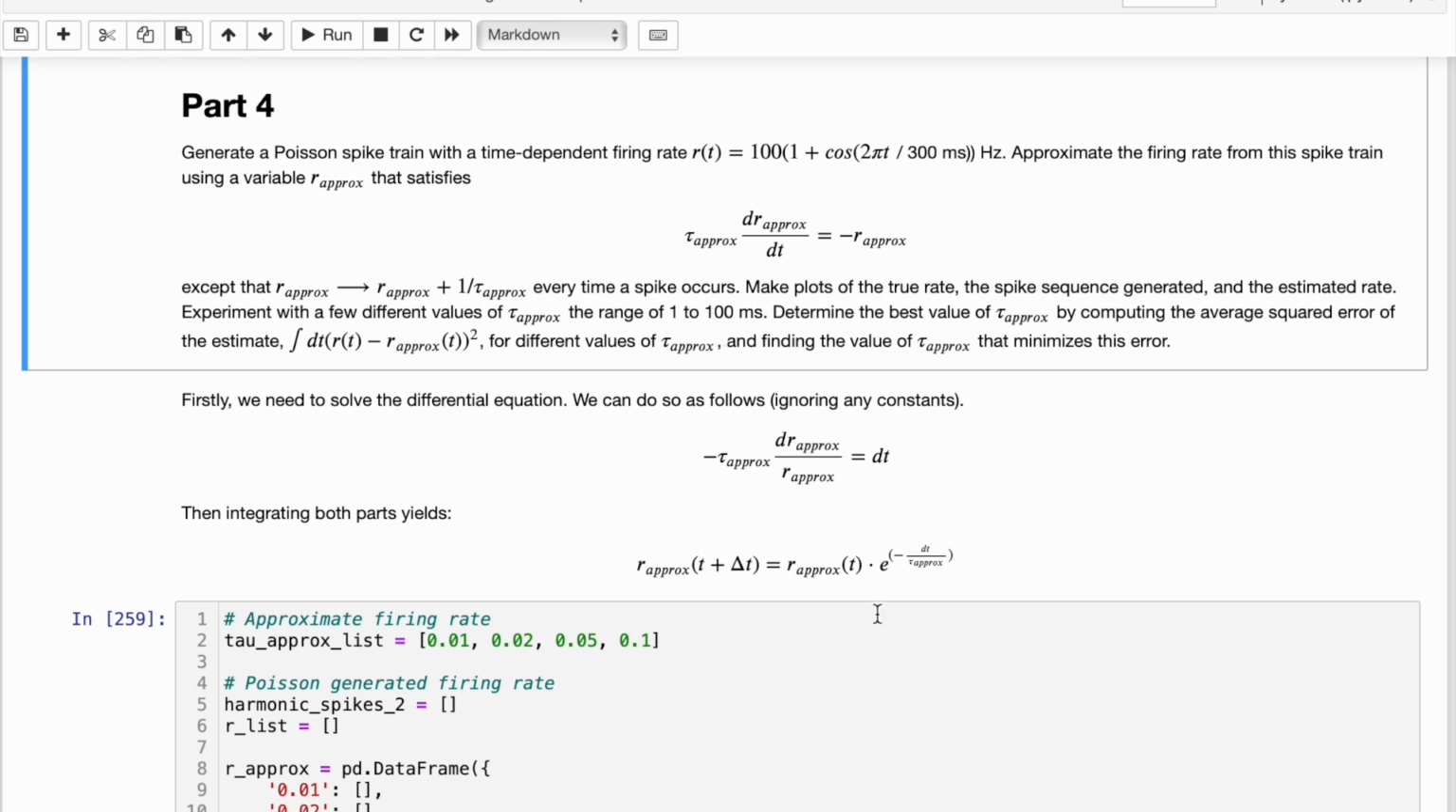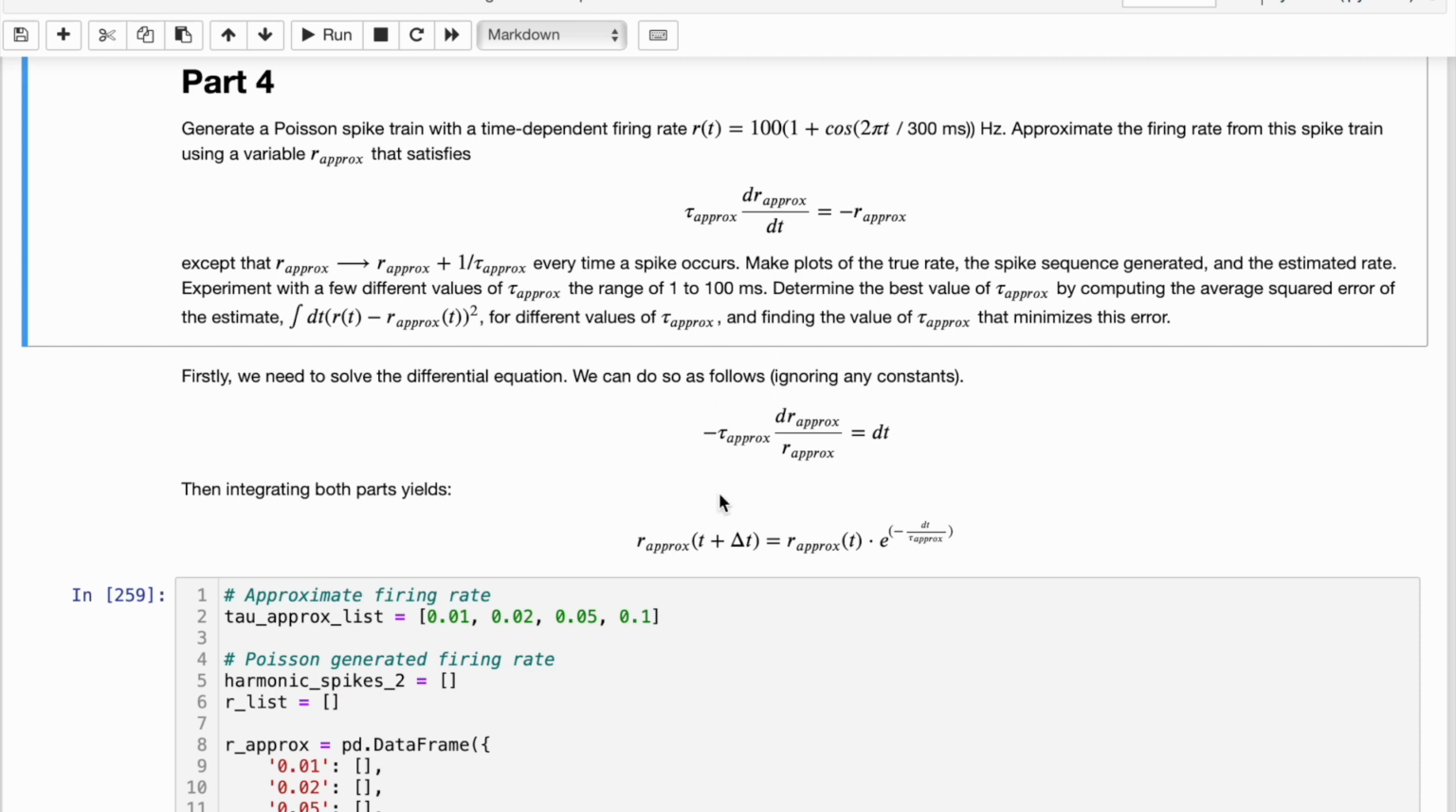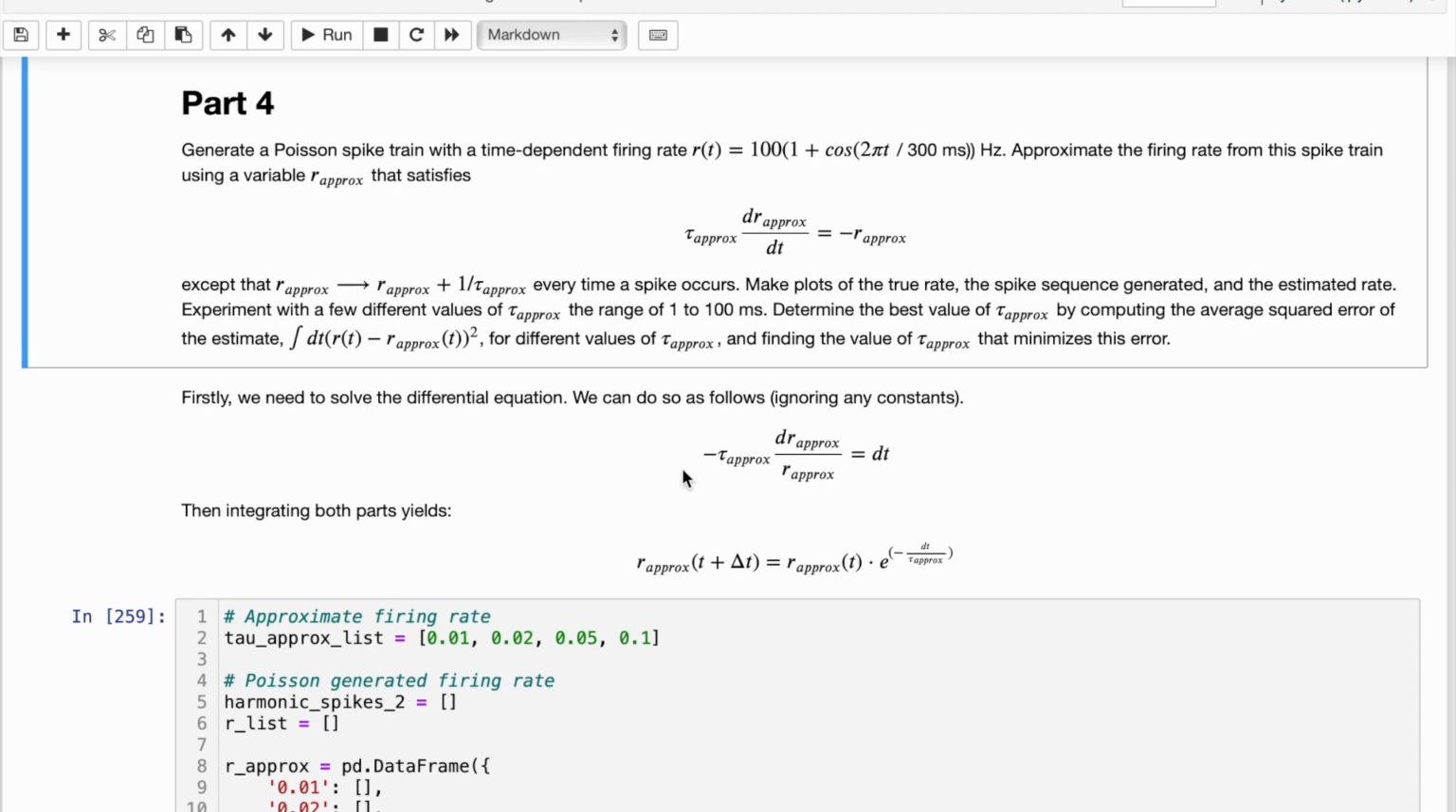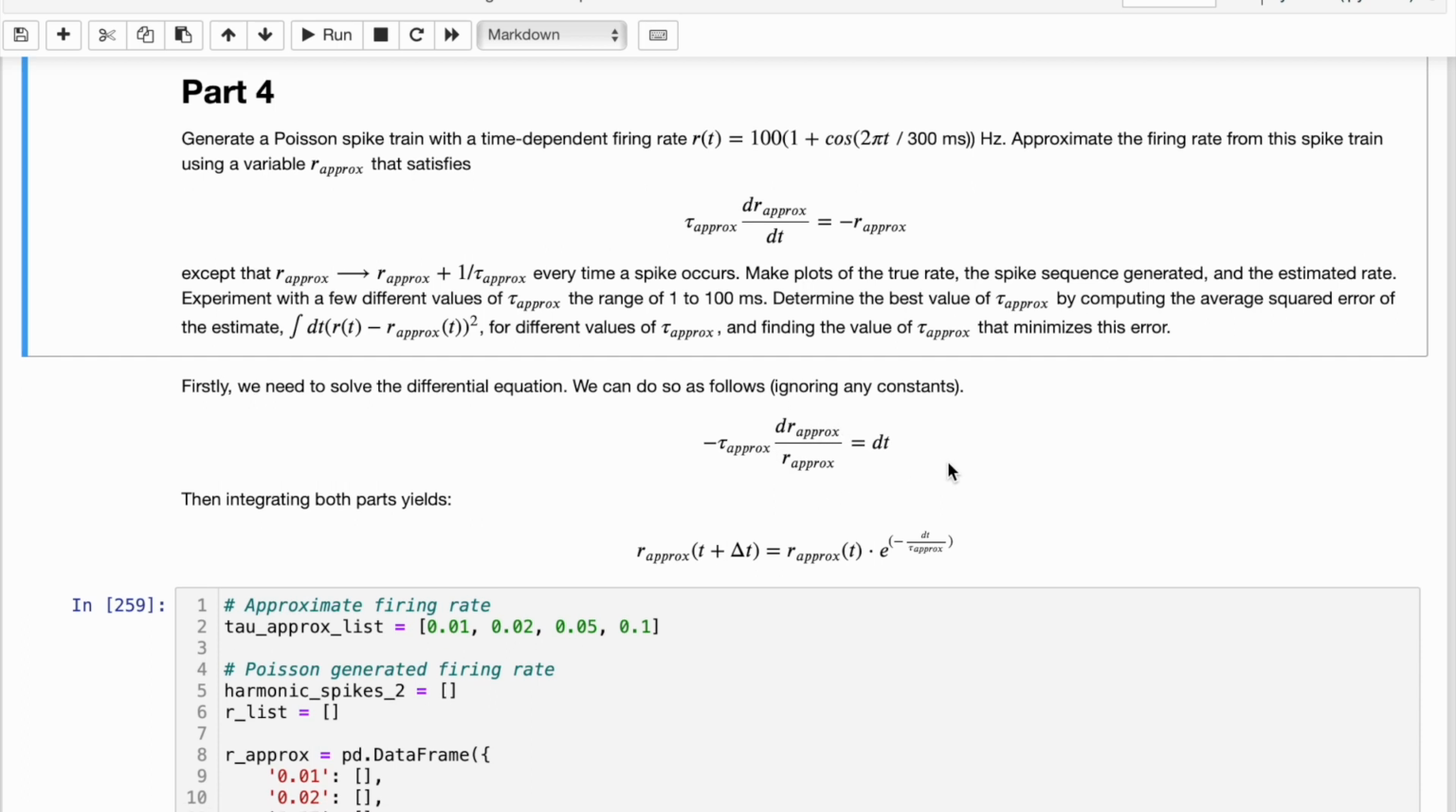rate. I will just mention that we are dealing with another ordinary differential equation, and I think the best way to solve it is to separate the variables. So the constant tau with the r approx on the left hand side and the time on the right hand side. I didn't write out the full steps because it's quite similar to the solution given above, but this is the final product, which